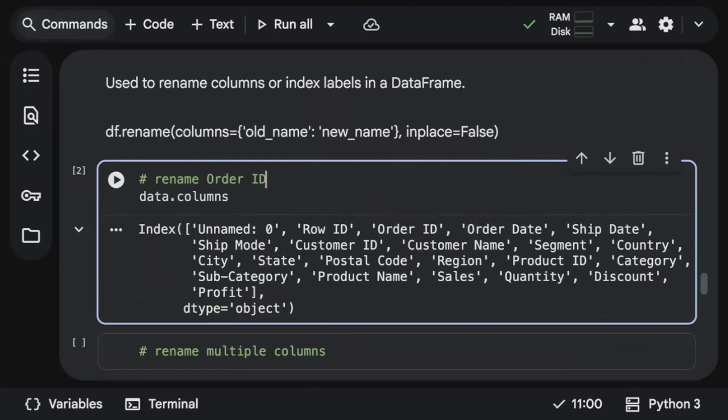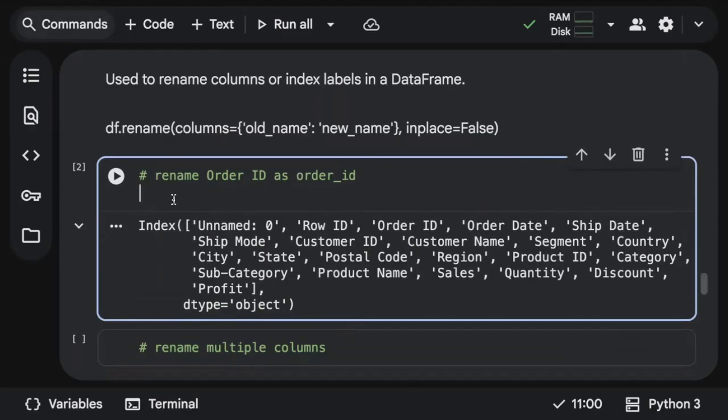So I'll show you how to rename. The Order ID column has to be replaced with order underscore ID. First let me show it for one single column, and then we'll do it for multiple columns. Simple. You have to call your data dot rename.